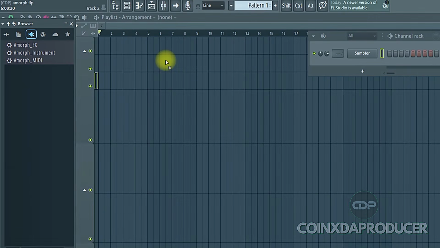Alright guys, enough of the talk. Let's demo this plugin and find out what is new. Alright, so we'll head over to the DAW. In my case, I'm using FL Studio, and come over here, search Amorph, as you can see, and you notice